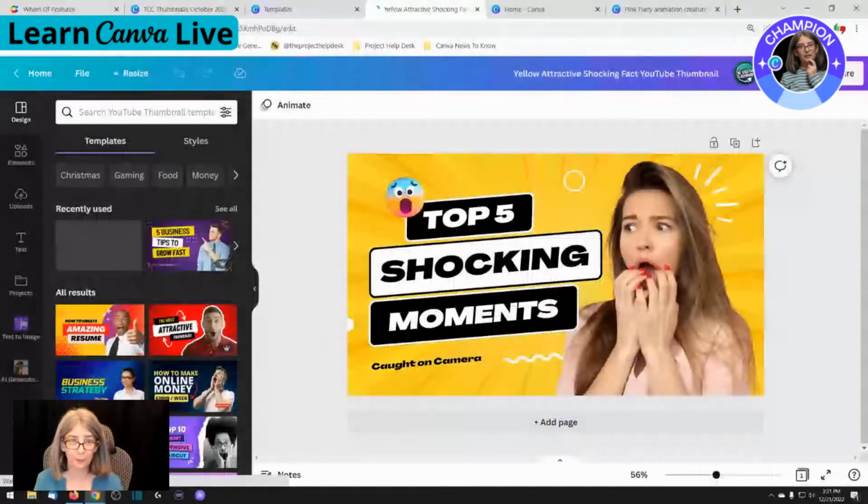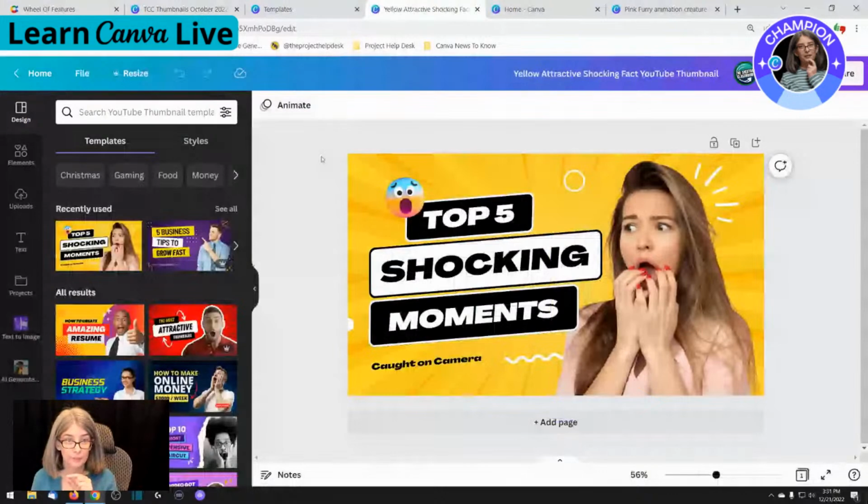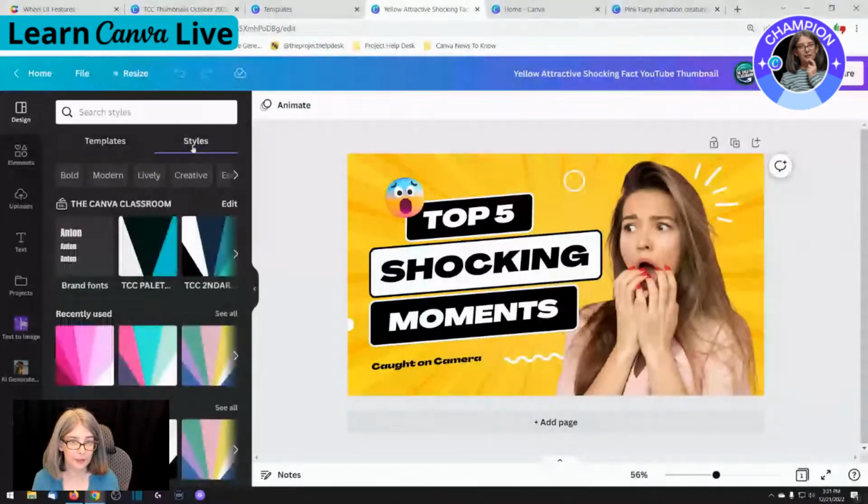All right, now, styles. When you're looking at designs, like this design tab, by the way, design used to be called templates. It's now called design. And there's a template tab, but there's also a styles tab. So up here at the top,